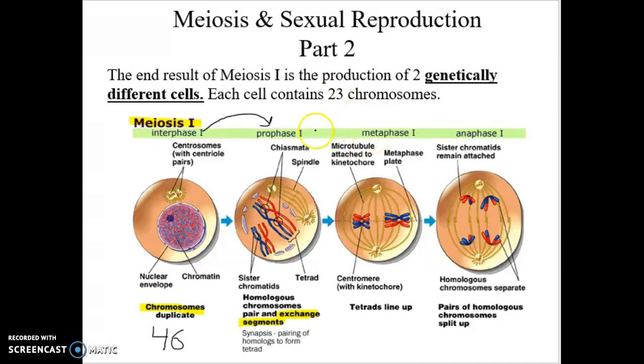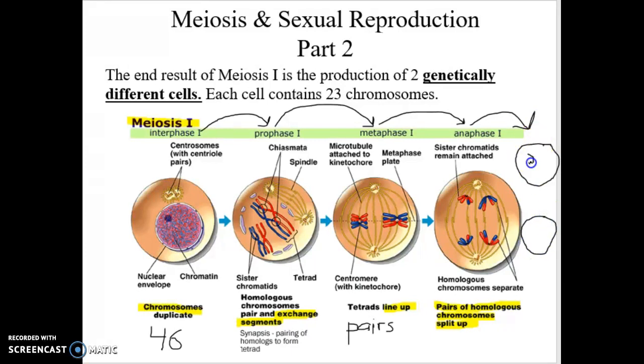So we go from prophase 1 into metaphase 1. In metaphase 1, the key is your pairs of chromosomes line up. The term tetrads refers to the pairs of chromosomes, and in metaphase 1 the pairs will line up. Then as we go from metaphase 1 to anaphase 1, the pairs of chromosomes split apart. They're going to rip apart. So we've split apart the pairs of chromosomes in anaphase 1. After anaphase 1, we'll move into telophase 1, and we will have 2 cells, each cell containing 23